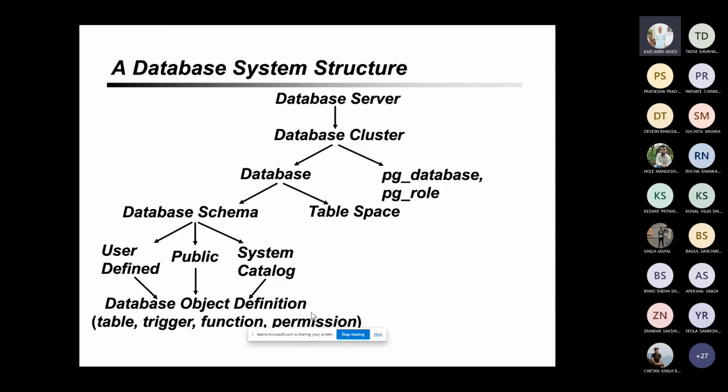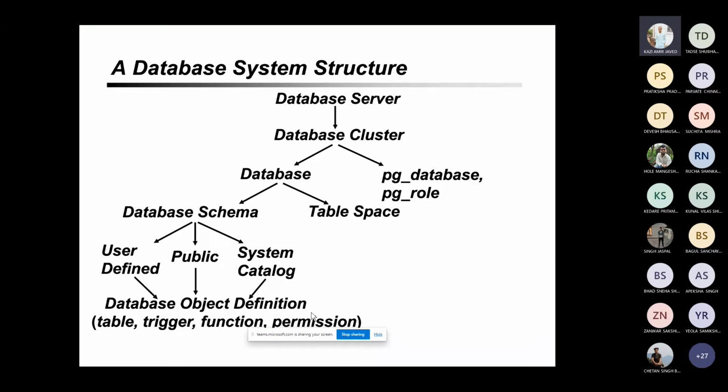The other thing is that we are using an operating system user called root, which is the superuser of your operating system. Now there are two types of users: one is the database user, the other is your operating system user. Your superuser for the operating system is root, and you may have various other users on your operating system too. For example, on my laptop, you must have seen I use a user called Nitin. Root is there, Nitin is there. When I installed Postgres on my machine, it automatically created a user called postgres, and it associated that installation process with that user.